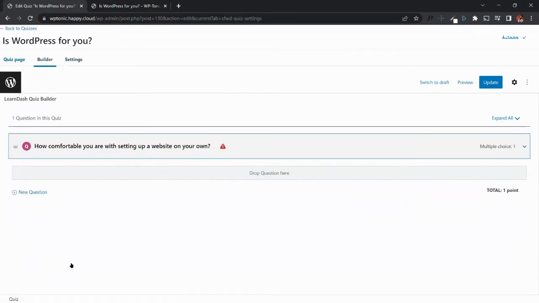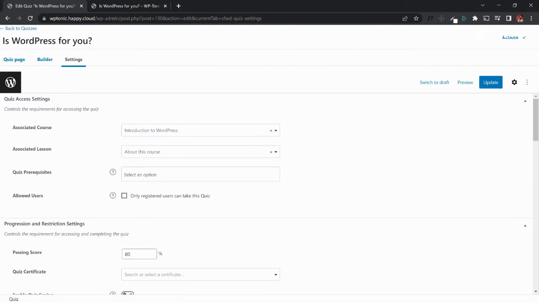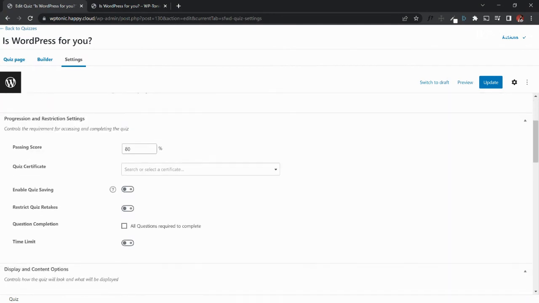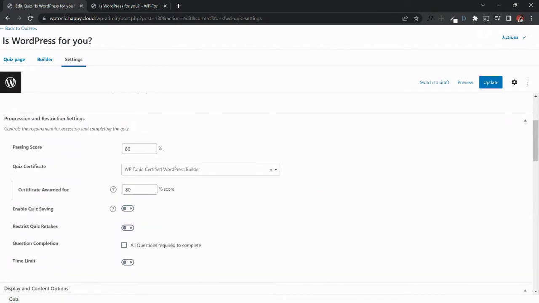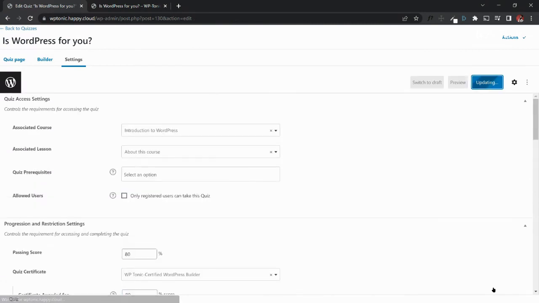And sorry, the Settings tab, not the Builder tab. And over here, we can associate a certificate with this quiz. So we've selected the certificate that we've just created. We select the award score to be the threshold that we require for someone to actually pass and get the certificate. And we update